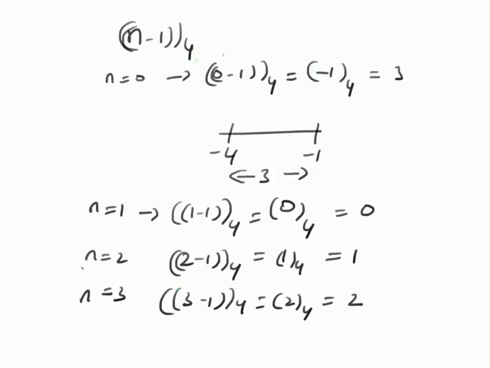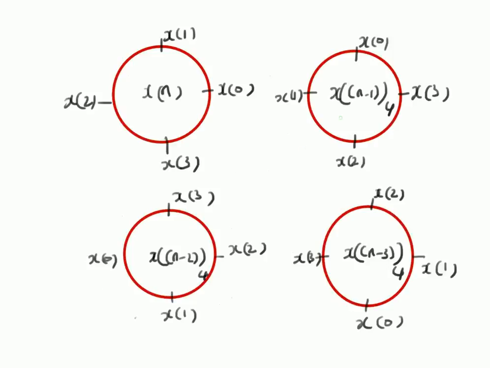So that means n equal to 0, the first value will be from x of 3, and n equal to 1, the second value will be from x of 0, and n equal to 2 will have x of 1, n equal to 3 will have x of 2. So if you observe, x of n minus 1 mod 4, that is what we have here. That is, the value at first position will be x of 3, second position x of 0, and third one x of 1, and the final one x of 2. So for representation on a circle,